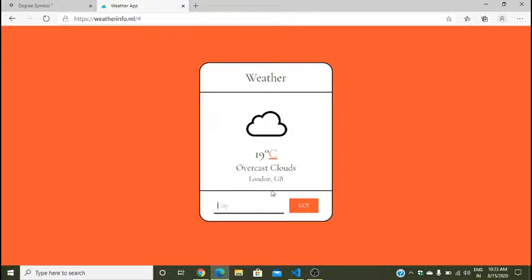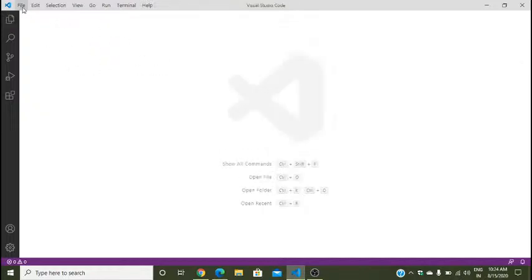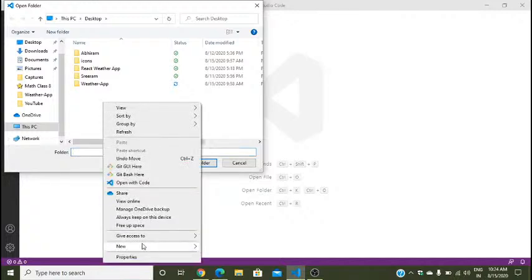And I could do anything, like I could do Hyderabad, and you see, it's just going to change immediately. Now, yeah, that's nice. Now let's go to Visual Studio Code and start to make this weather app. So first I'll do File and then Open Folder, and right here I'm going to create a new folder